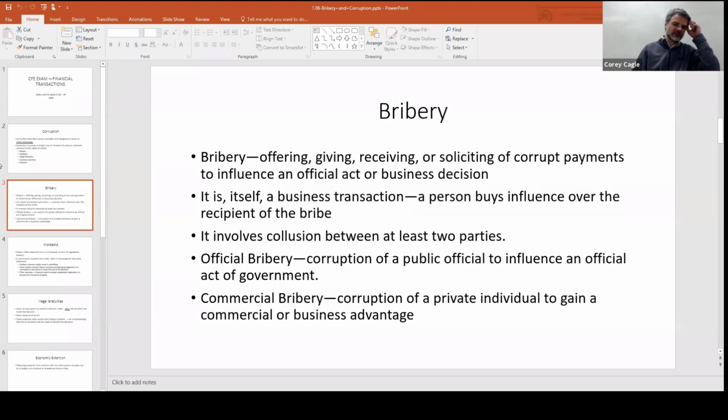There are a couple of, kind of drop into more specific types of bribery. There's official bribery, where you're bribing an official of the government. Or there's commercial bribery, where you're bribing a private person in a commercial or business setting. So just definitions there, and you might see an example. So-and-so said they do this if you do this. This is what? Bribery. Right?